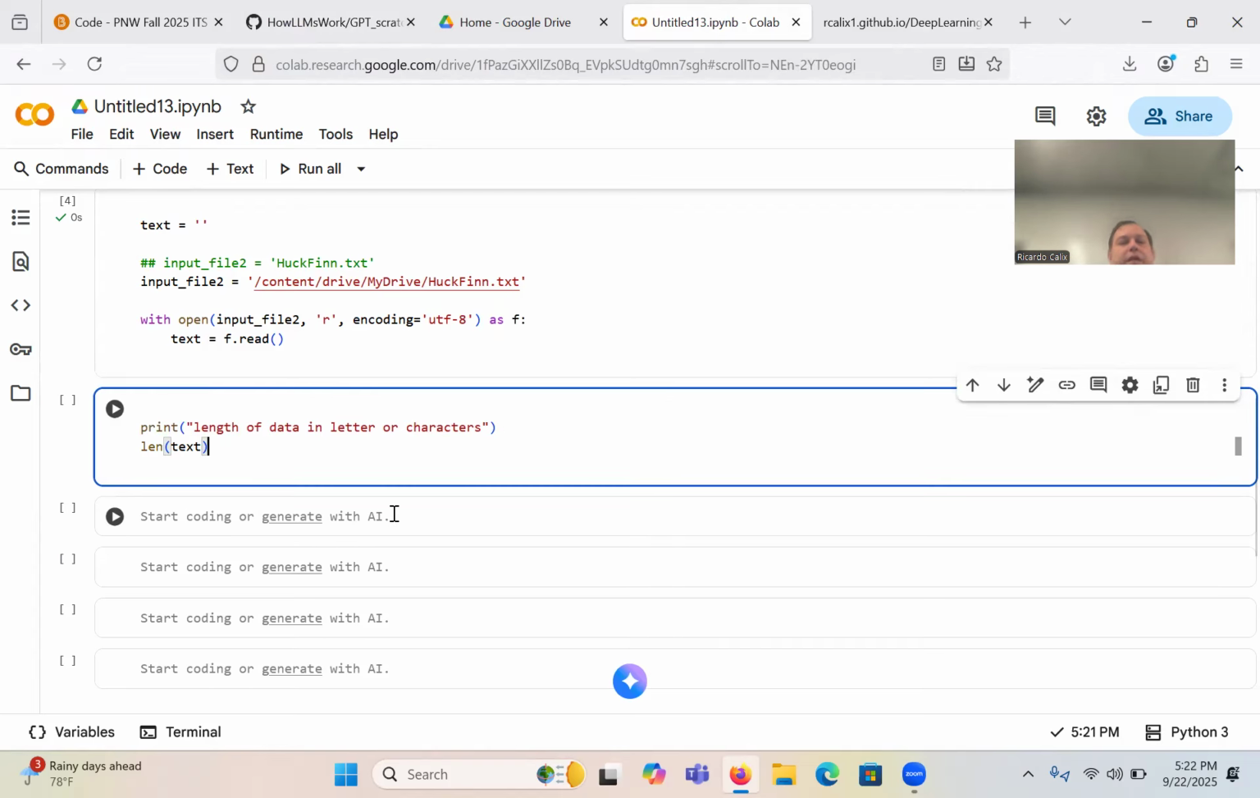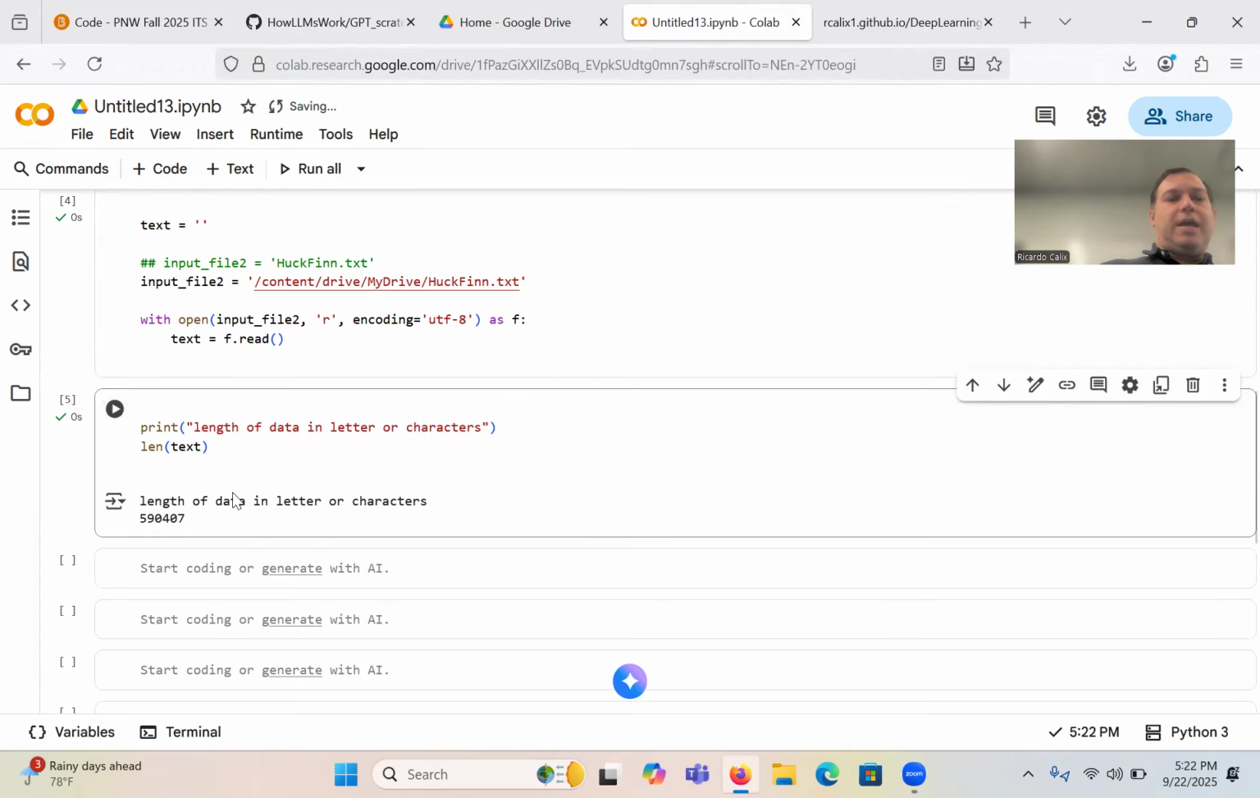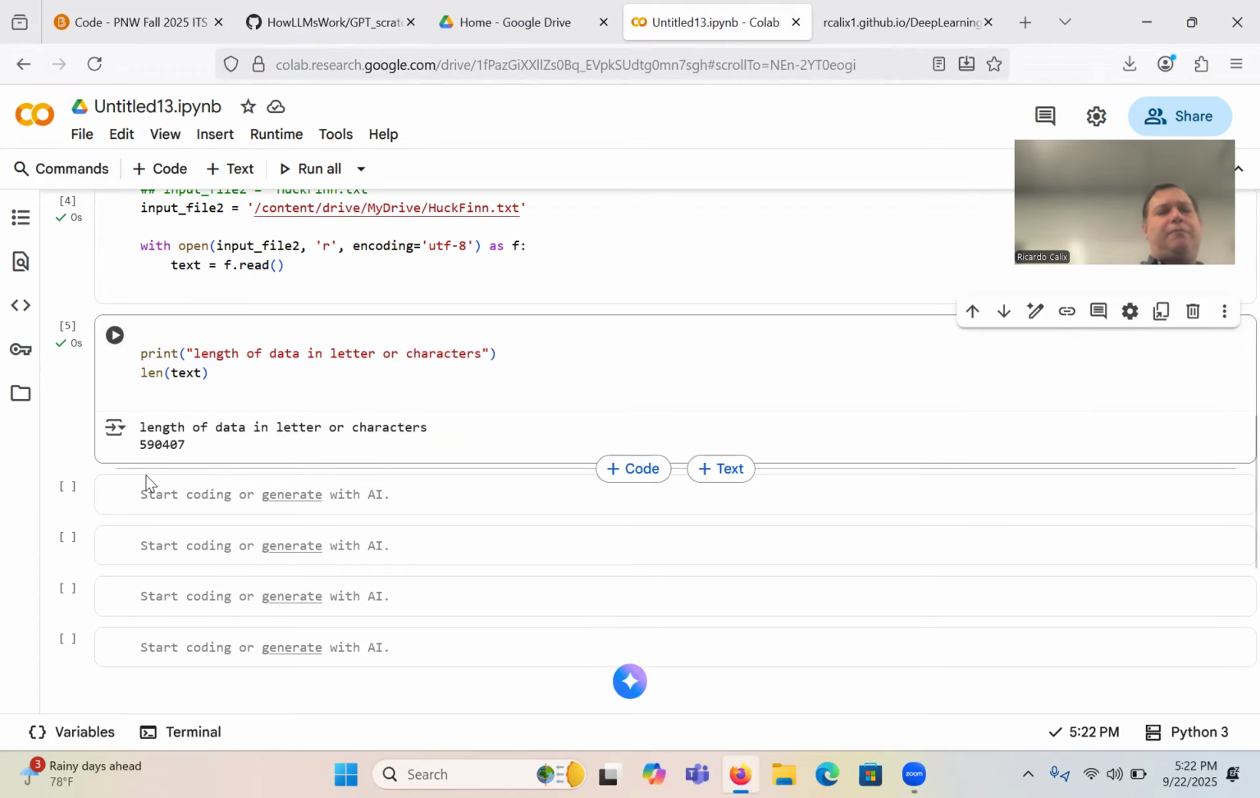Okay, so notice the length of data in letters or characters. I'm just taking the whole text variable as a string and printing it. So there's about 590,407 letters. This is a metric that I want you guys to quantify when you do your project, but